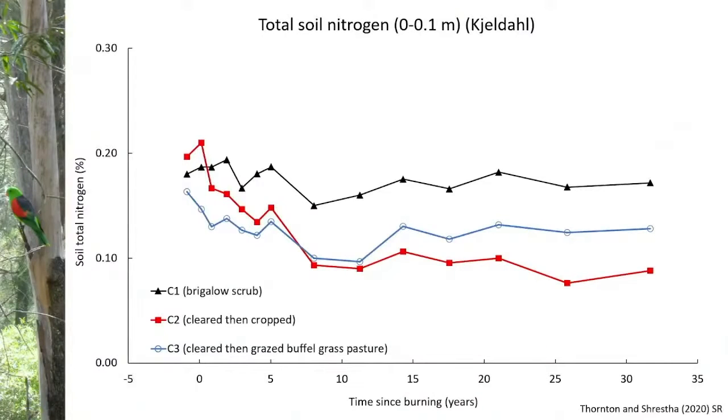Focusing on soil nitrogen, the black line shows total nitrogen under the Brigalow catchment, which has remained unchanged. The red line shows that total nitrogen in the cropping catchment has more than halved, but with the planting of leguminous crops and extreme rainfall, the decline trend may be reversing as shown by the last data point. The blue line shows that total nitrogen in the pasture catchment has nearly halved, and in the absence of a